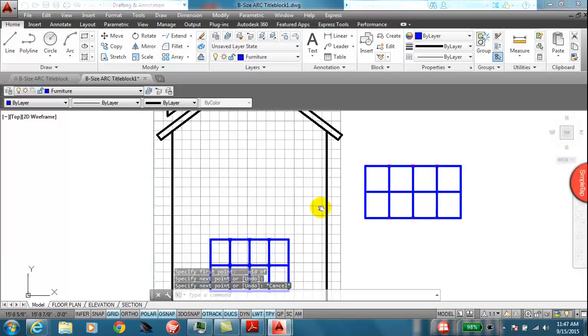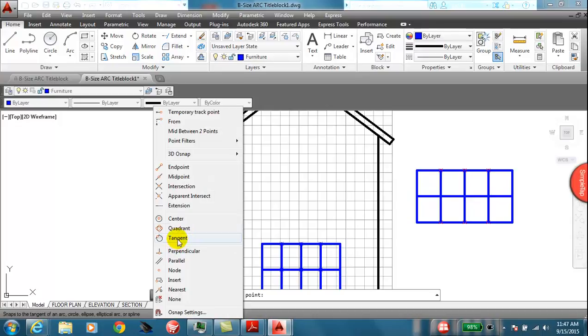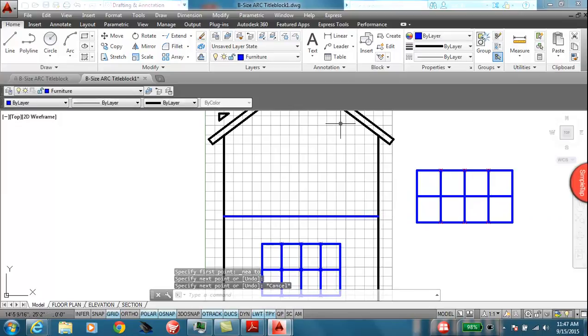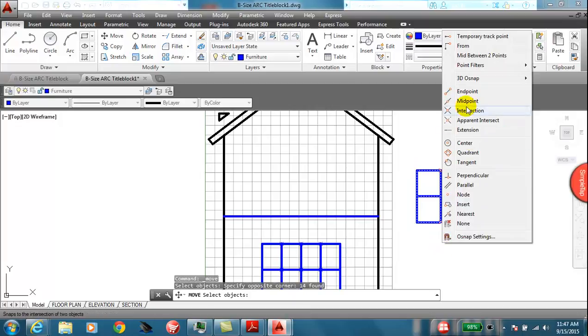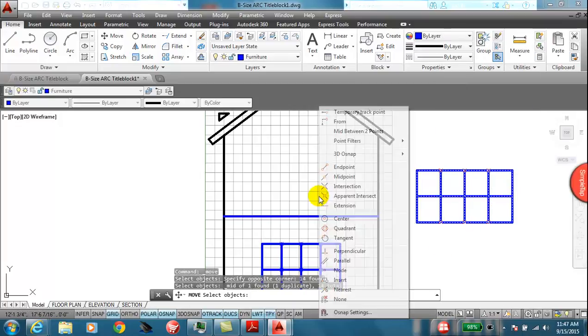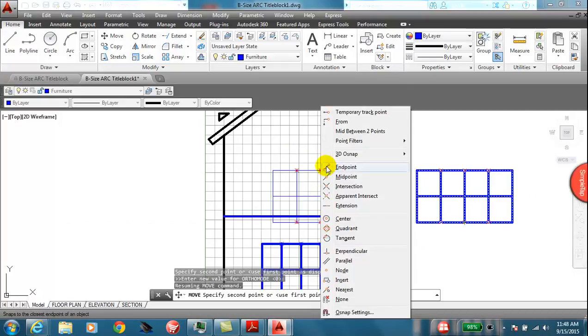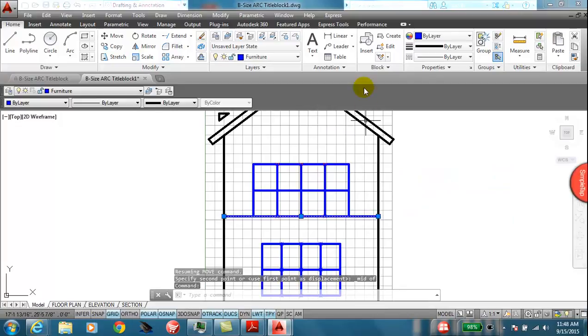And then again, we're going to create a construction line using a nearest snap. Just bring it across here. And then we're going to move our new window from the midpoint to the midpoint. Try that again. Move, select our object, hit enter, from our midpoint to our midpoint. Get rid of our construction line,